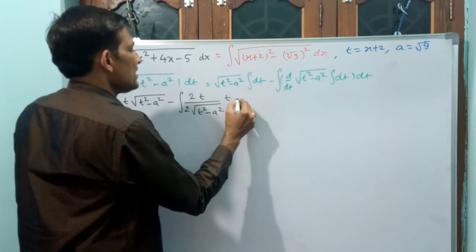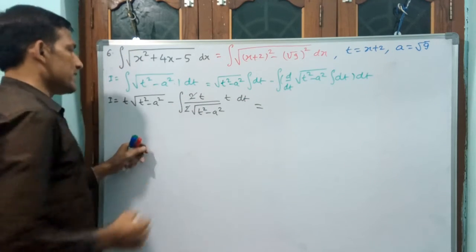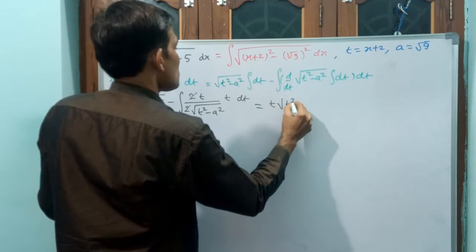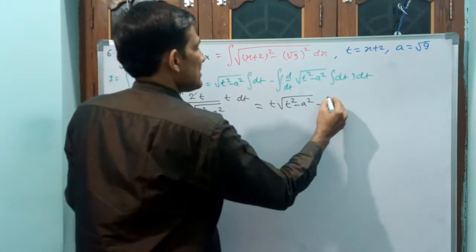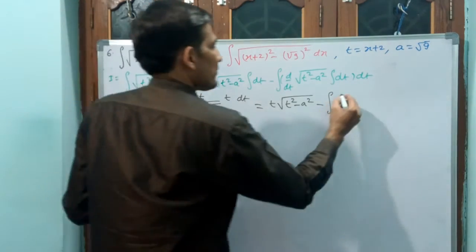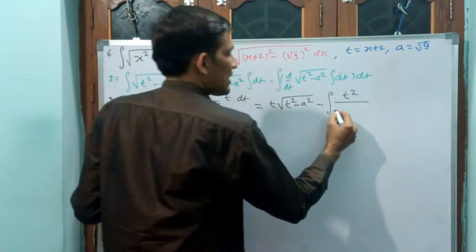Integral dt is t, dt outside. These two are going to get cancelled. I is equal to t into square root of t square minus a square minus integral t square divided by square root of t square minus a square